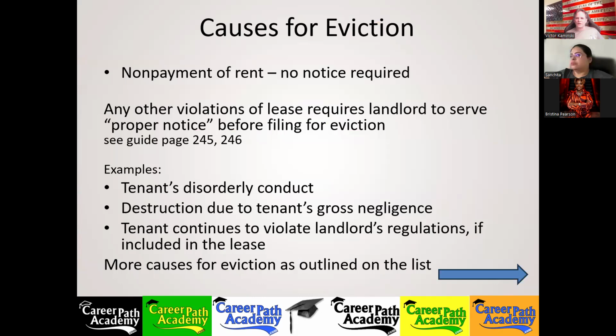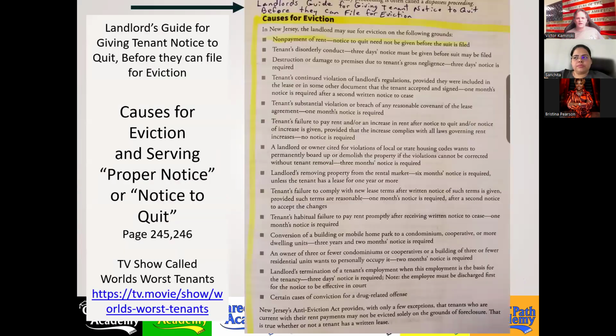All right, so here are the causes for eviction. Remember, I told you what is the only reason that you could evict somebody without serving them with a notice to quit, whatever lease breaking activity it is that they're doing? It's for non-payment of rent. So here are the other reasons. So over here at the top, I wrote landlord's guide for giving tenant notice to quit before they can file